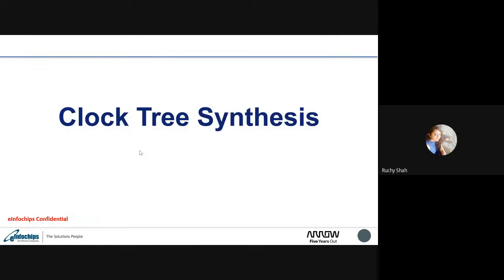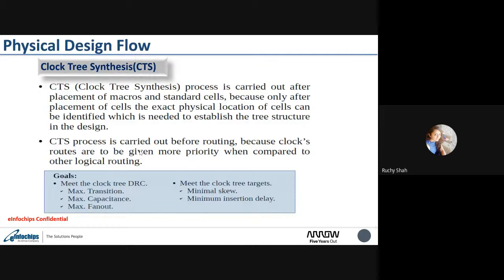That is clock tree synthesis. So what we basically do in clock tree synthesis: before CTS, there is one source point, or we can say one clock port, and all the cells get the clock from that single source port. The skew will not be balanced before CTS. After CTS, we try to design a tree kind of structure.